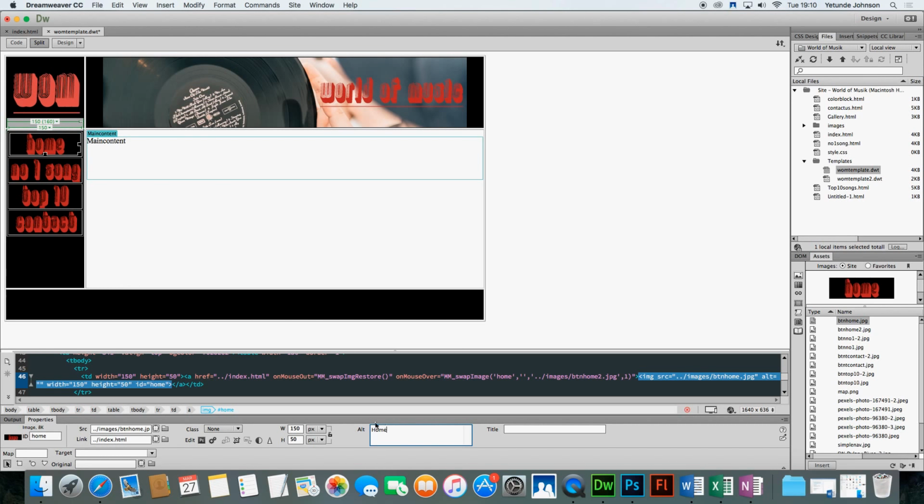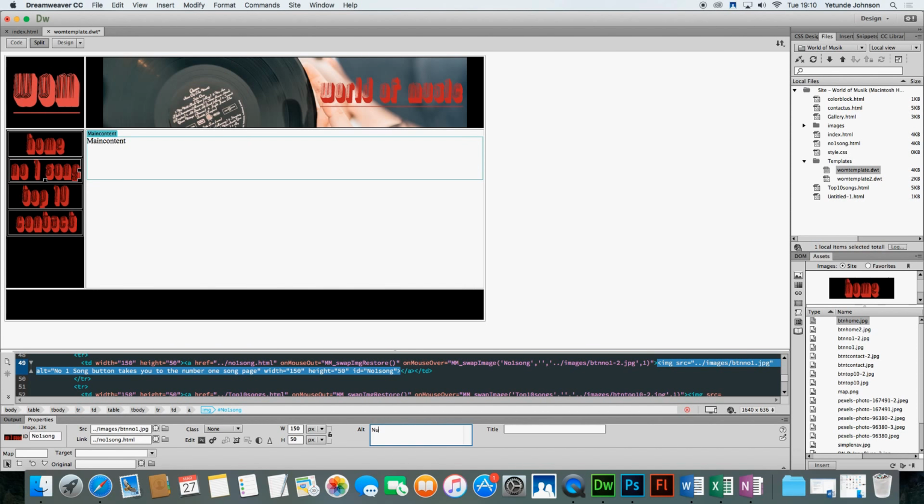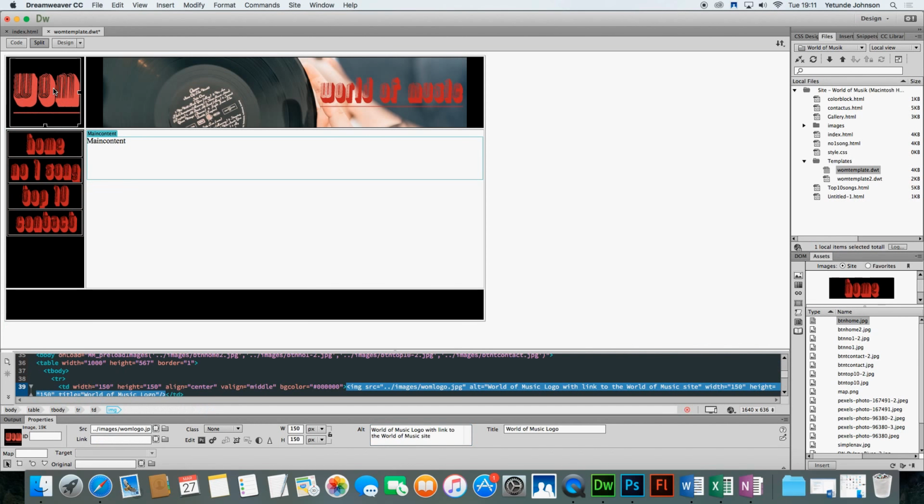So obviously for number one song, similarly you could just put number one song, and then for top 10 you put top 10 songs, and then for contact it will be contact us. You don't need to put things like buttons because it's basically a link taking you somewhere, and it just runs through the links. With the WOM, you could just put World of Music logo